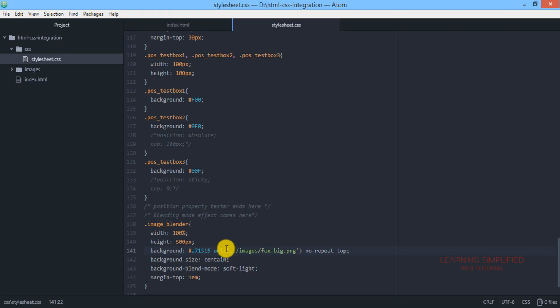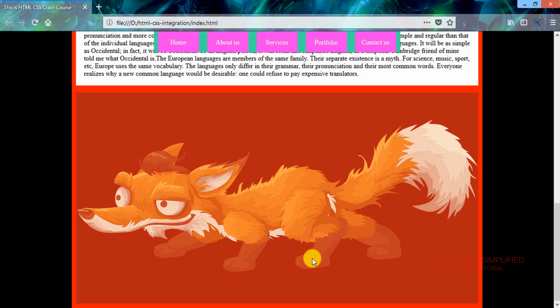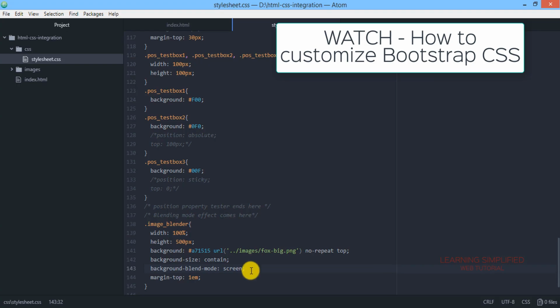In case of another, for say, instead of soft light, if we use here screen, get back to your project and reload, and you can see now that the image is getting enhanced. It is now getting enhanced in brightness condition.